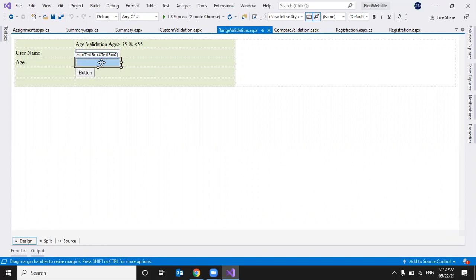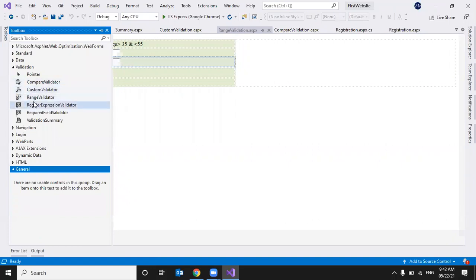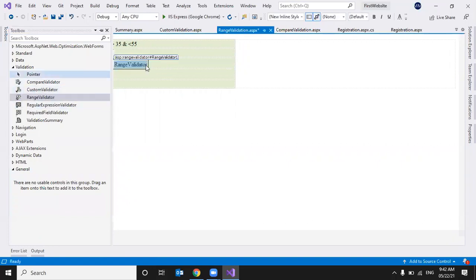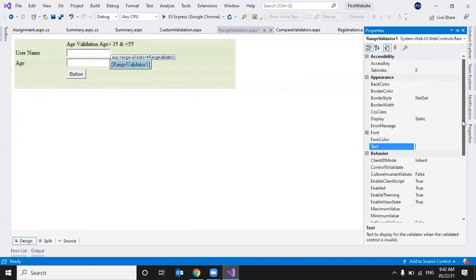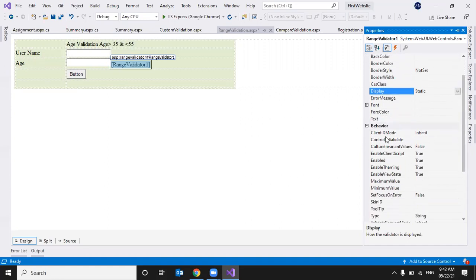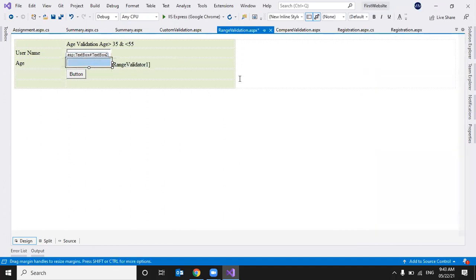In this scenario, we can use range validator. So I'll take a range validator and go to properties and see what properties are available. Error message and text are common for every control. Control to validate is also common. So I'm going to validate against TextBox2 because my age control ID is TextBox2.